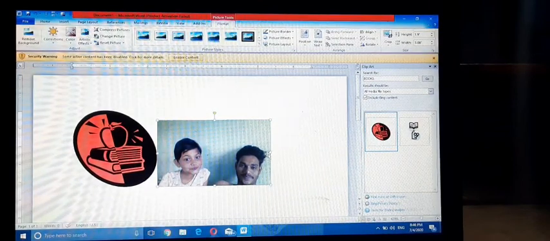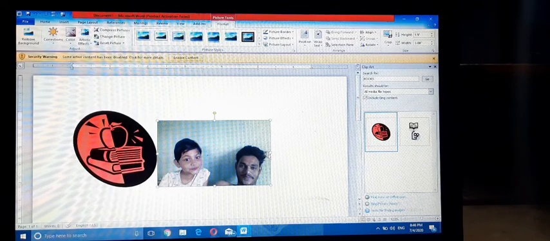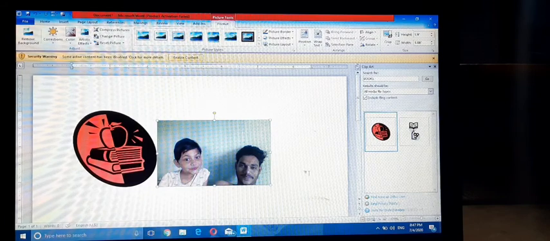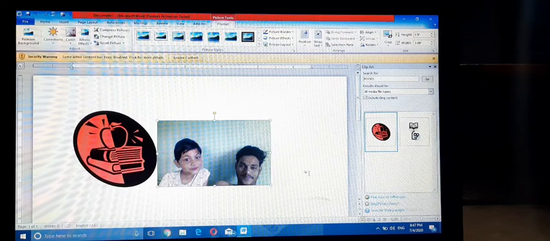Next topic is inserting object. Here we can insert any type of object in Microsoft Word. The object may be an Excel spreadsheet, a graphic, or a text file.